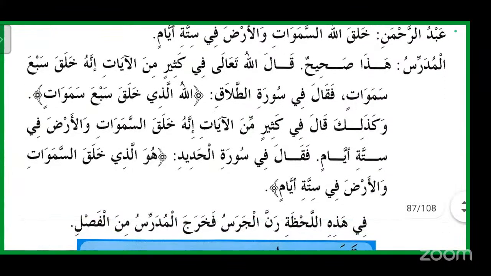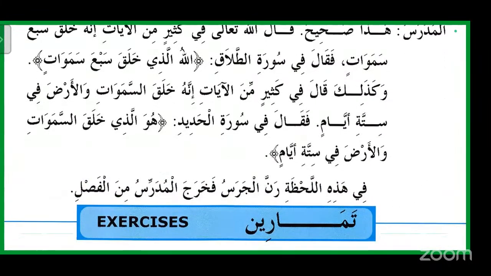And like that he said in many of the ayat, إِنَّهُ خَلَقَ السَّمَاوَاتِ وَالْأَرْضَ فِي سِتَّةِ أَيَّامٍ, he has created the skies and the earth in 6 days. فَقَالَ فِي سُورَةِ الْحَدِيدِ, هو الذي خلق السماوات والأرض في